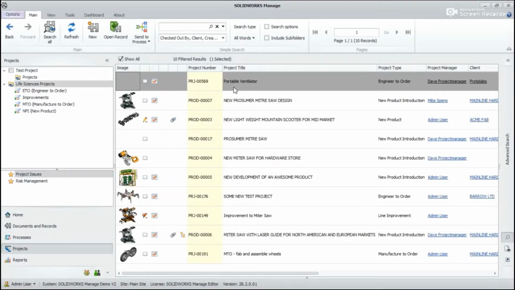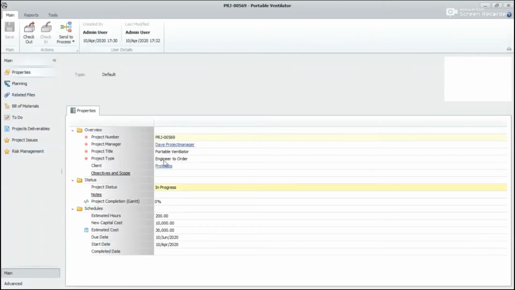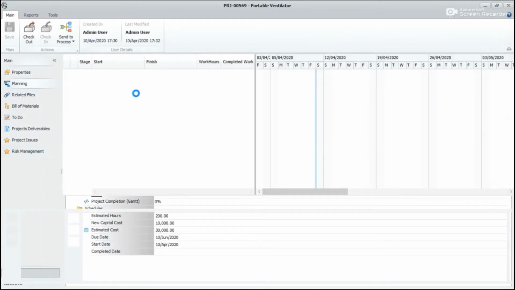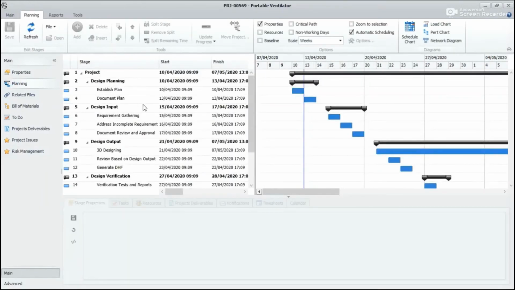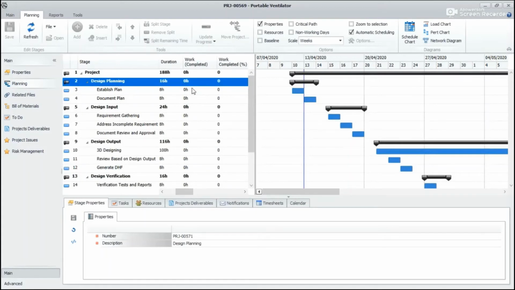Before going into the design phase of this project, we will get back to our project planning area. Now the project manager, or the person who is in charge of a particular phase, will log in to his Manage. At this stage we will consider the project manager. He will open the corresponding project. We will go to this planning tab. You will get to see the various phases of the project and the duration allocated.